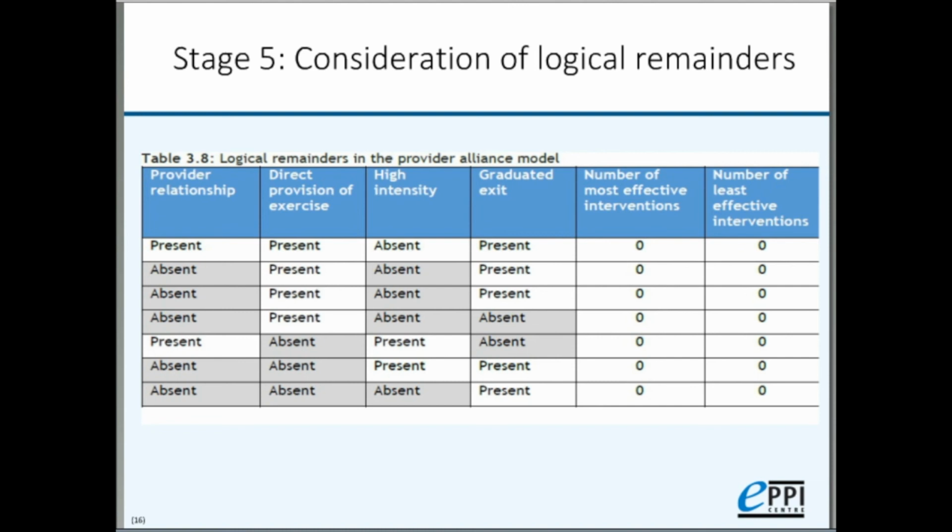So you can see on the right hand side we didn't have any cases representing any of these configurations, and I should note that the top configuration is slightly misrepresented. The high intensity box should be greyed out as that component was absent in that configuration. But what we judged in this example was